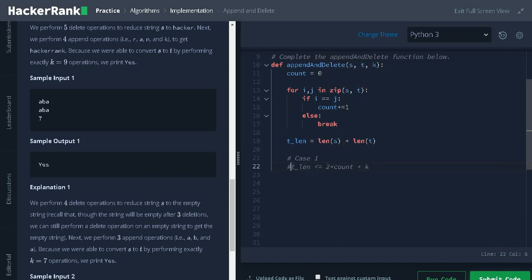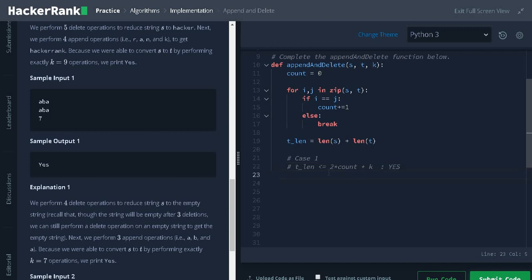Here total length is the length of s plus t. 2 multiplied by count covers the matching characters, as there are 2 strings, and k is the number of operations. If total length is less than or equal to this calculation, it is possible to change the string.